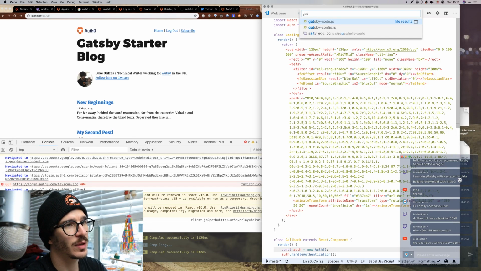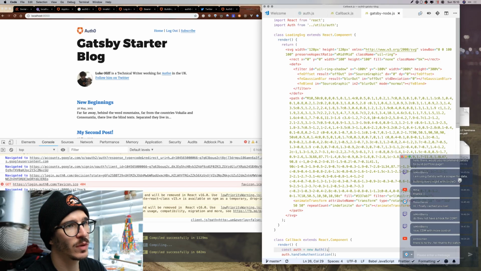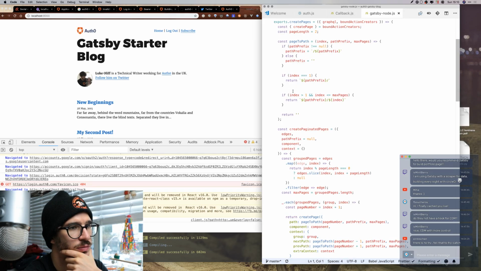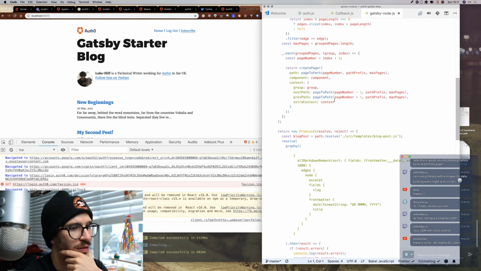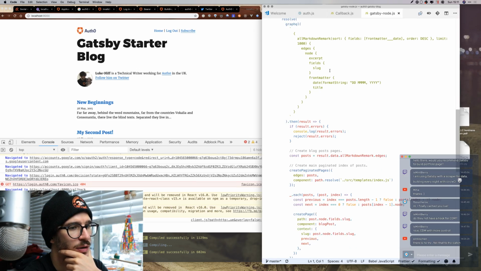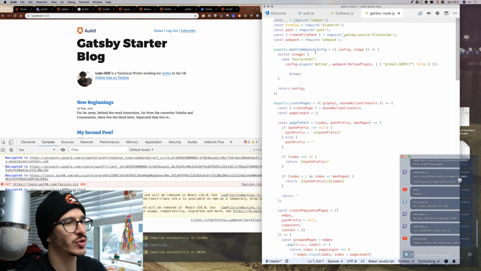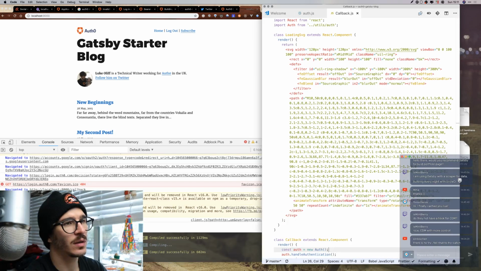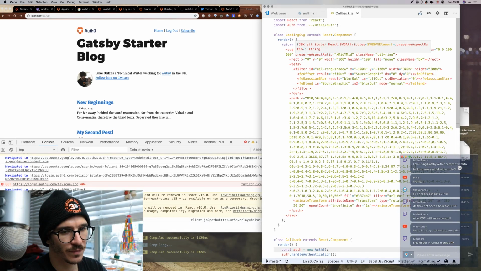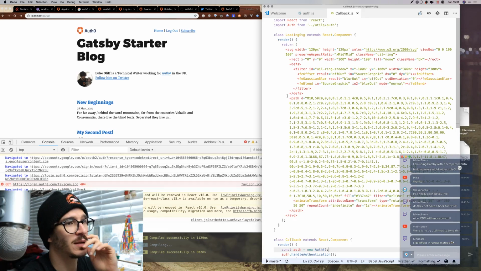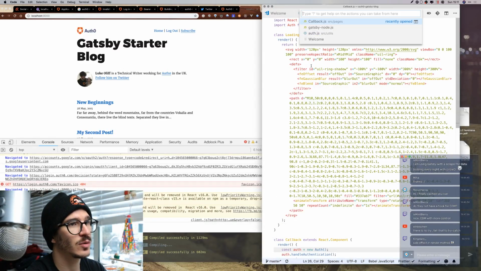Okay, then we have Gatsby node, which has create pages. That doesn't mean much to us. It's just creating blog posts and stuff. On create node, that shouldn't matter. And what else? Side effect in render method. Yes, side effect in render method indeed. But I think you're gonna see more and more of that now that hooks are becoming a thing. So I think the main difference is probably our callback method or